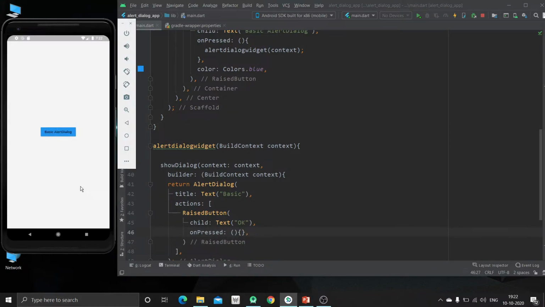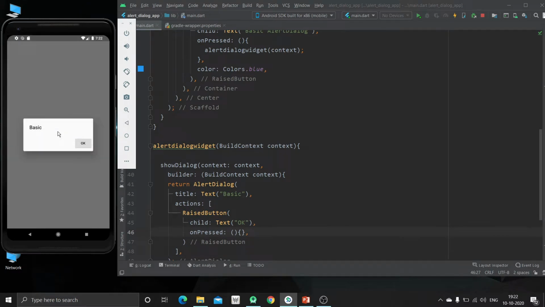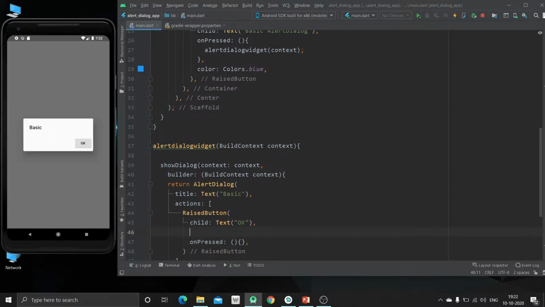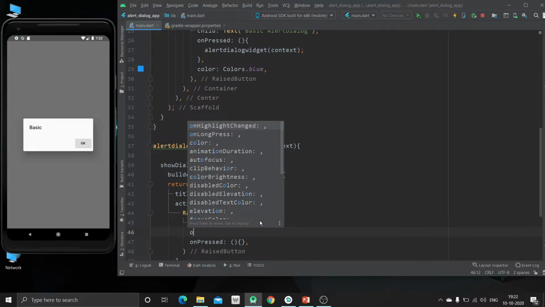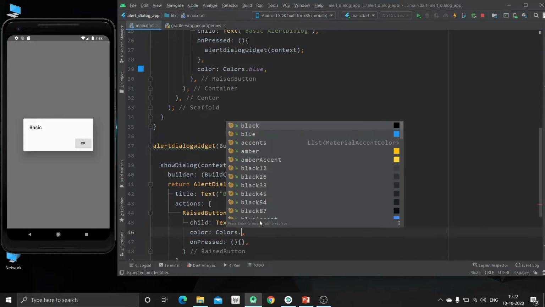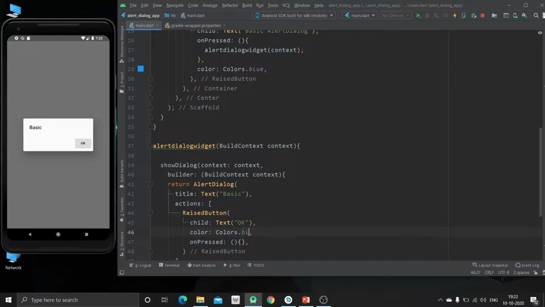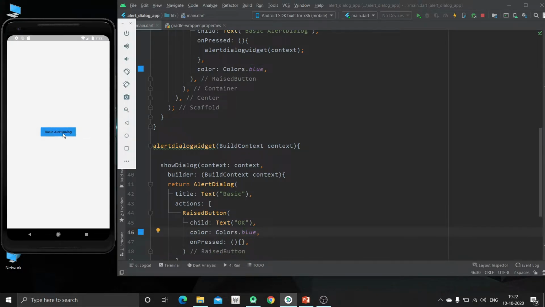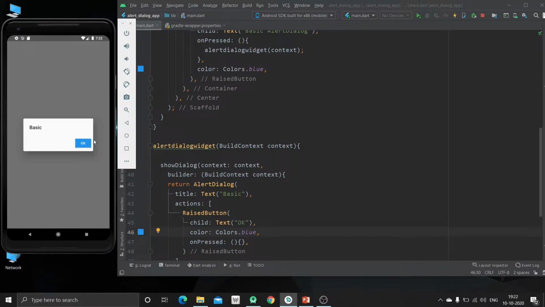Now just click it again. Now you are having this button as enabled. Now you can click on this. Now just change the color of this, like okay, just use this color property and specify the color whichever you want. Now I will make it blue. So now just hit Ctrl and S. Now just again click it. Now you can have the colored button.